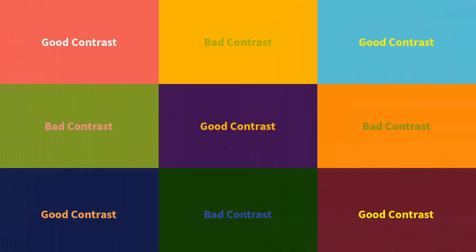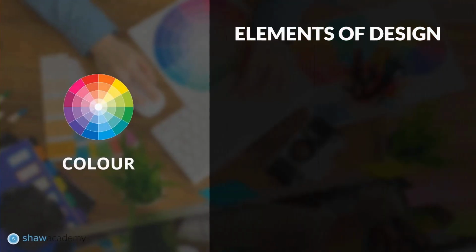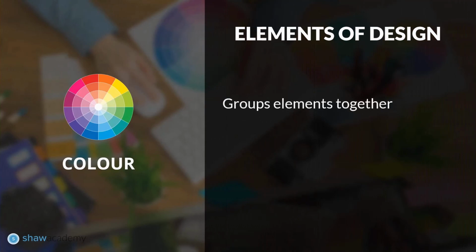Color also aids in creating contrast, and certain colors can complement each other very well, whilst other colors don't look good together at all. If the use of color exhausts you and you really need to focus to read or view the image, don't use that combination. Color has the ability to group and organize elements together. It creates impact and also evokes emotion. But in order to achieve all this, you will need to understand color theory. We will look at the color wheel and how to combine colors using this feature.